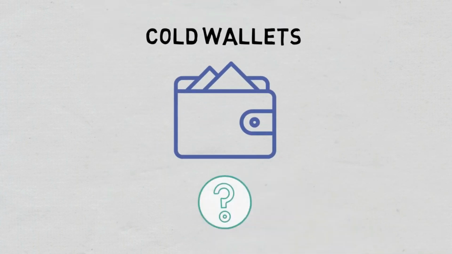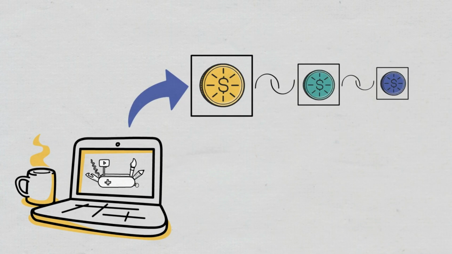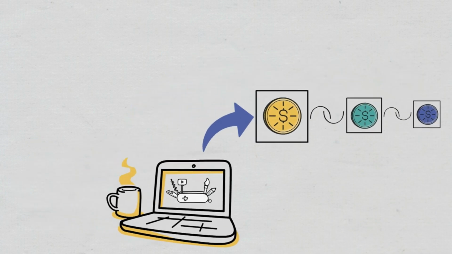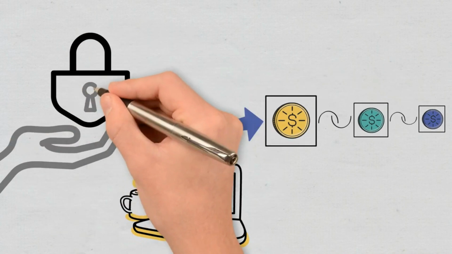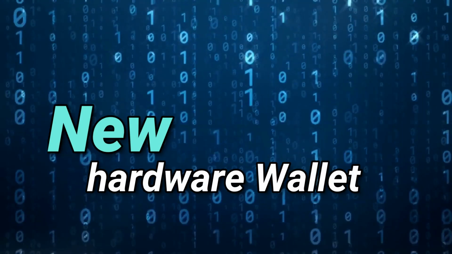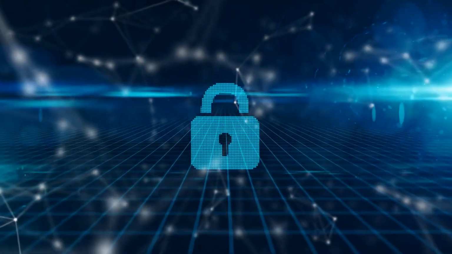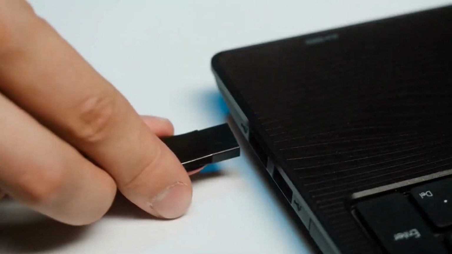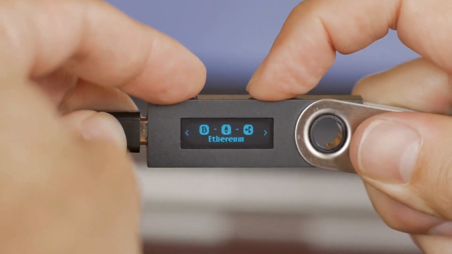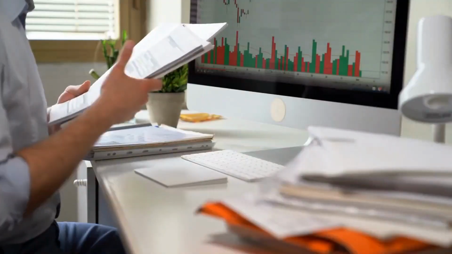And the second category are cold wallets. A cold wallet can be a hardware wallet, a paper wallet, or any other device or scheme for storing your cryptocurrency that is not connected to the internet. Most prefer new hardware wallets, which are very secure and have high security levels. Many of these physical devices look somewhat like a USB stick. They're very secure, but they can be a little tricky to set up. Whichever way you choose to store your crypto, make sure it's safe.